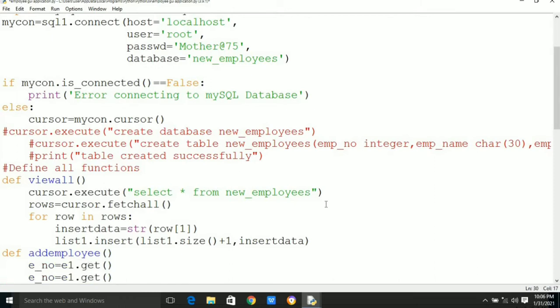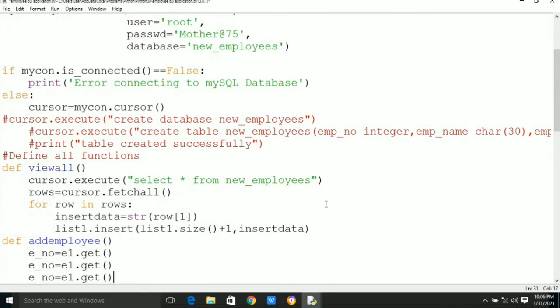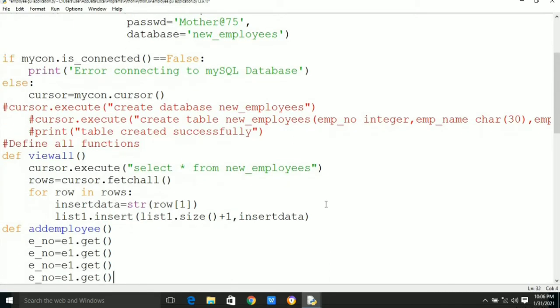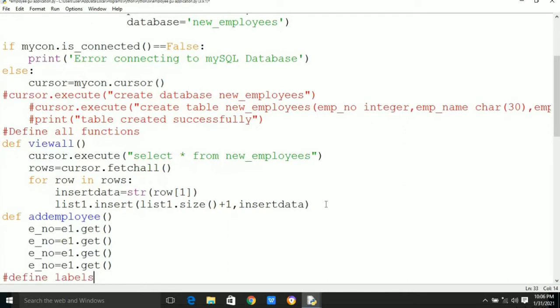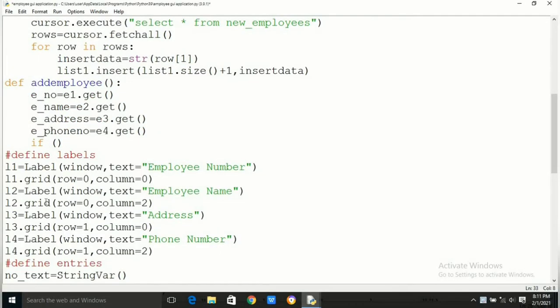Here we are using E number as a variable to store the employee number. The data collected by E2 is the employee name, the data collected by E3 is the employee address, and the data collected in E4 is the employee phone number.